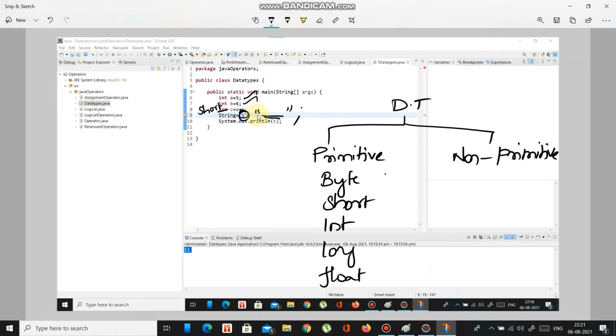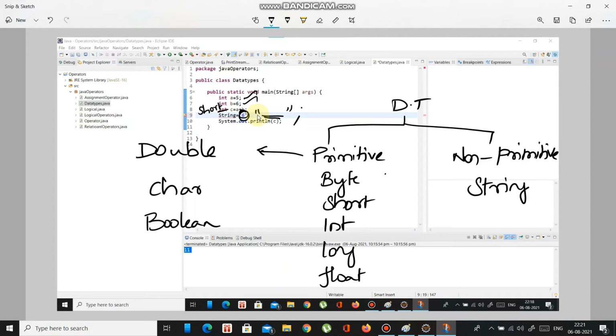Okay, there is no place, so I am writing double here, and char, boolean. Okay, and under non-primitive there are n number of types, but the mainly used are strings and arrays.